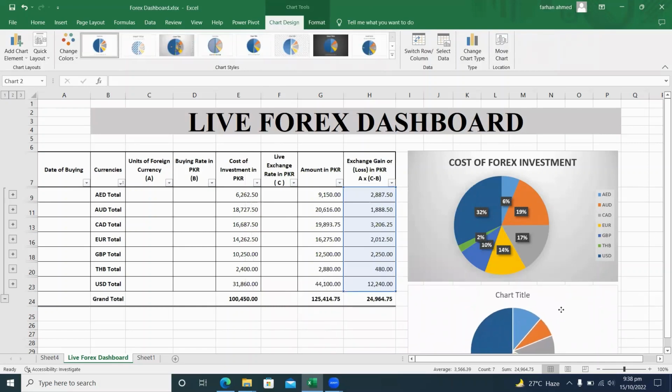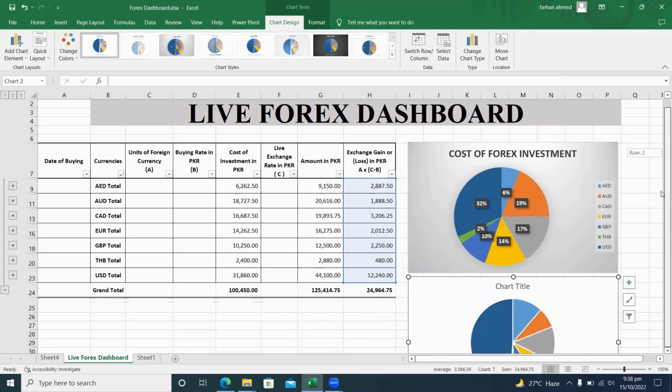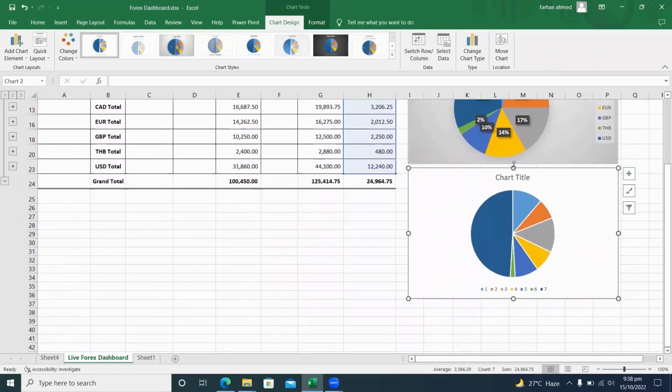So let's come down, edit the title, and let's give a title, Forex contribution,